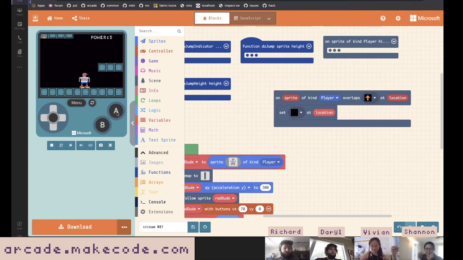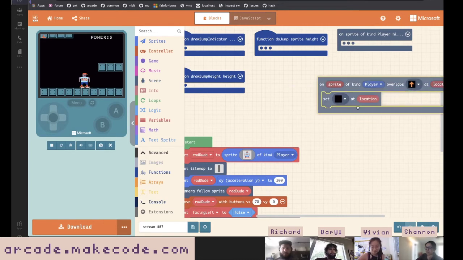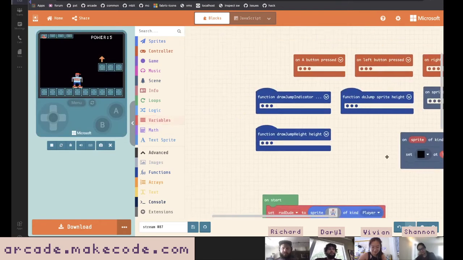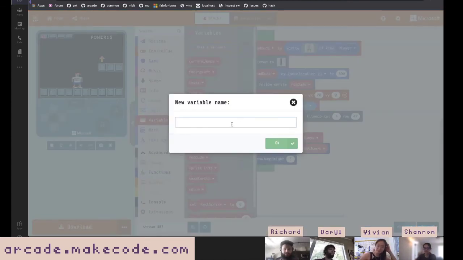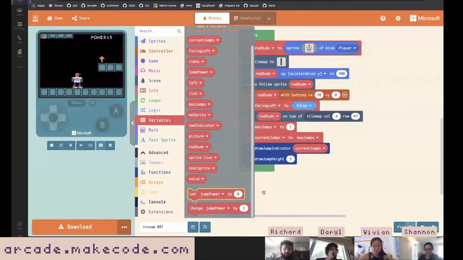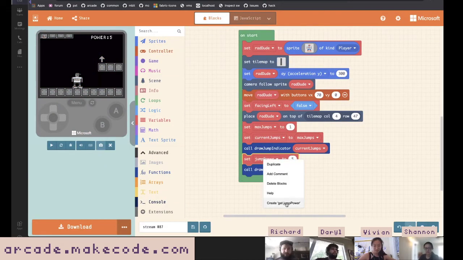Cool. So I'm grabbing all of those. That's nice. The other thing we want to do is increase our jump power. So let's go ahead and I think I need to actually make a variable to store our jump power. So by default, we're going to set our jump power to be, I think, 5. And I'm going to go ahead and